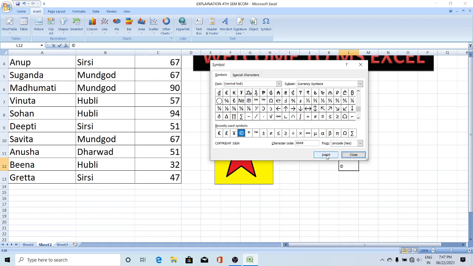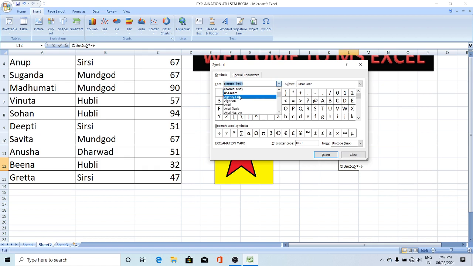Just if you click on that, it will be inserted. Pi, ohms, alpha, summation, like this you can insert. Not equal to, divided by, different ones you can change here. If you change the font, automatically everything here will also change. If you select different fonts, the symbols also will change. Here also the changes.